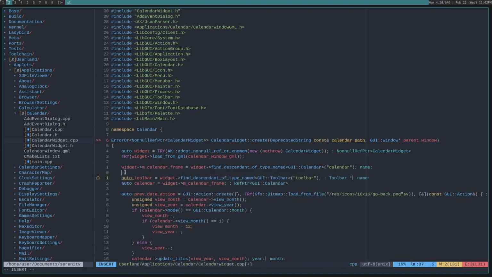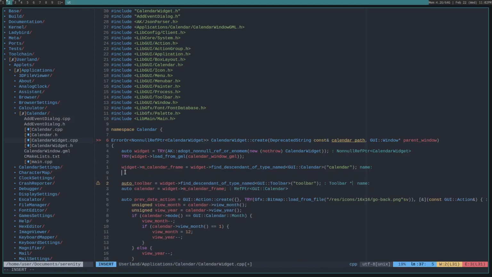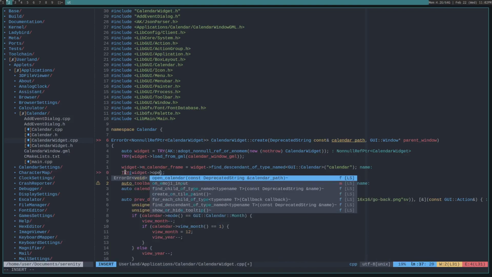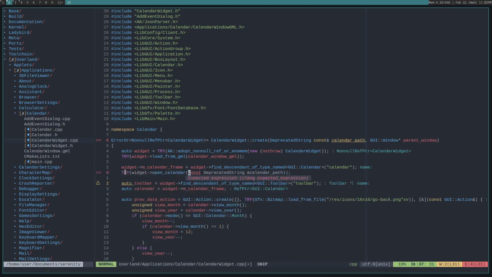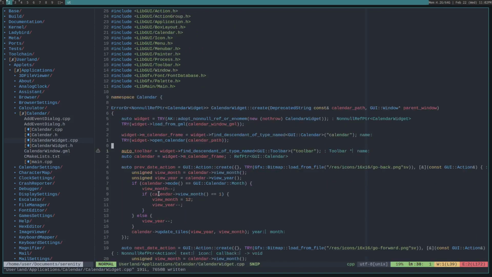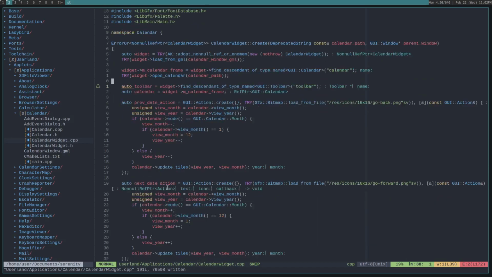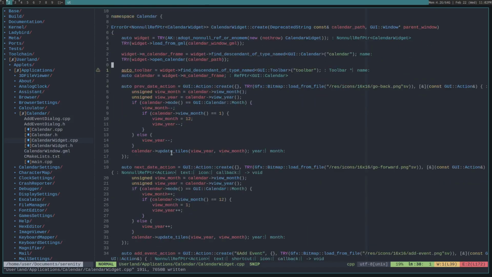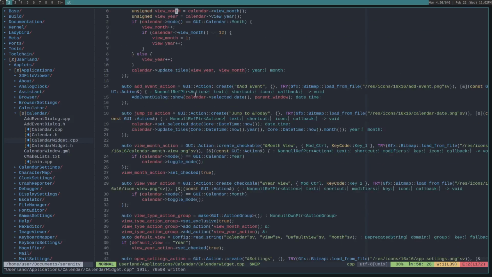Now let's also create that own footer too. So we want to call try and then widget open calendar. And then in the future you can actually change calendars, you know, by changing this calendar path and loading those events from that calendar. I think I like that kind of functionality. And now that we've set all of that,